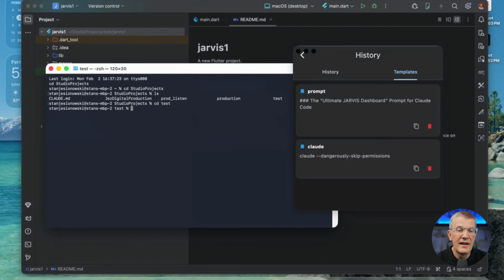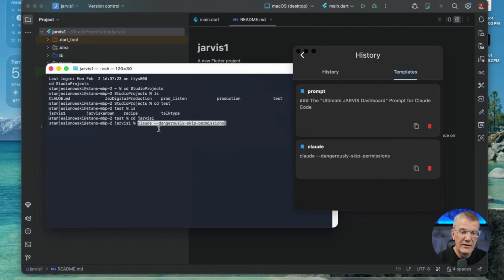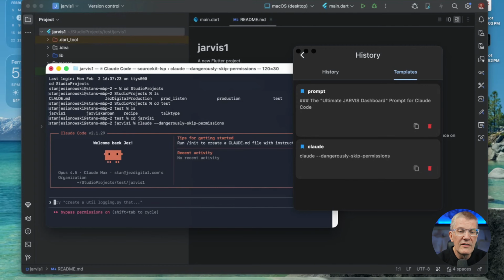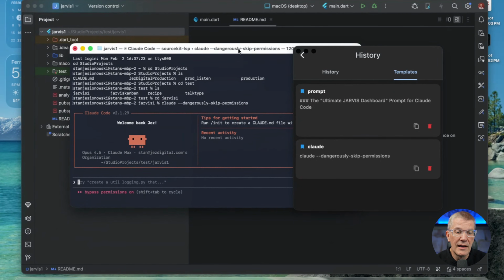We got to change the directory to test. And then we should say Jarvis 1. So we do change directory Jarvis 1. Okay. All right. Now we put in the dangerously skip permissions there. Okay. So there we go. Now we're ready for the master prompt to see how close we can get to like a one shot of this. But the other thing that we'll do is we'll take that screenshot that we've done, and we're also going